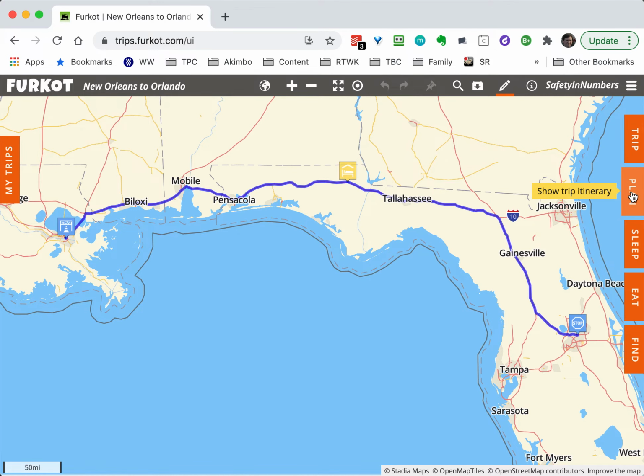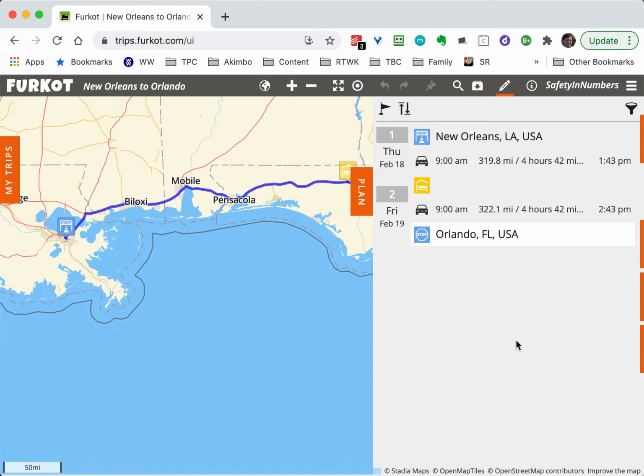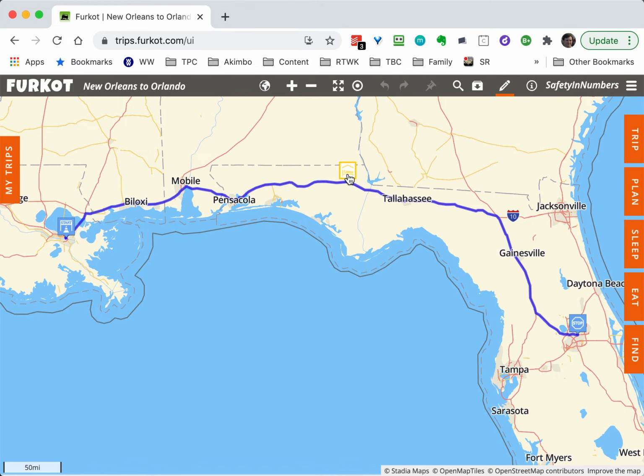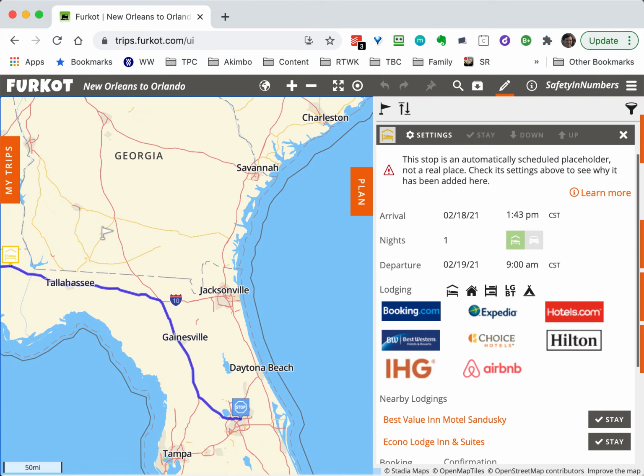And this plan tab is the one I'll say I use most frequently. So I can go here and see that without any other things from that hotel standpoint, it will automatically drop a night's stay for us in the middle here and just say, we'll drive about half one day and half day two. And this is a pretty powerful little tool that's within Furkot because you can click on it and